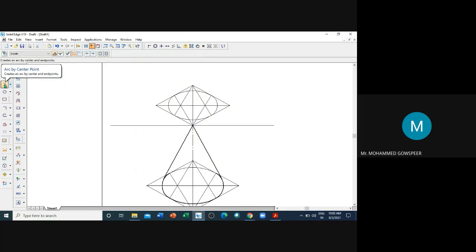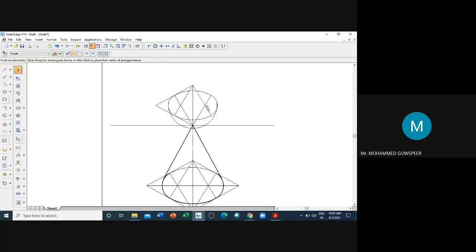So arc by center point. Now this is the center of the ellipse. You select it as the center point to draw the arc. Now this is the radius. Right. Okay. Now we'll delete the construction lines.